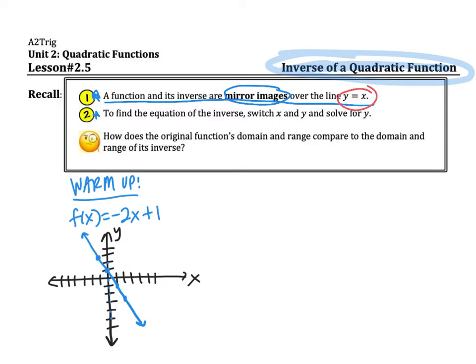So I drew the warm-up down here. I just wrote down what the example was for the warm-up. They gave us the function f of x equals negative 2x plus 1. And then if we have the line y equals x, I just drew it in there. And I graphed the equation, negative 2x plus 1. Remember, this plus 1 is the y-intercept, so I go up positive 1 on the y-axis, and then I go down to right 1, down to right 1, or up to left 1,